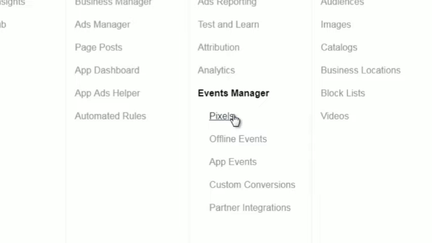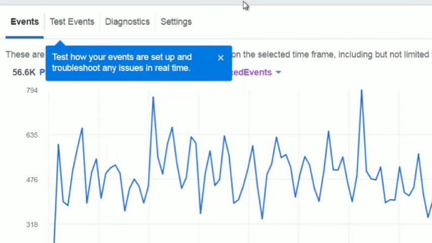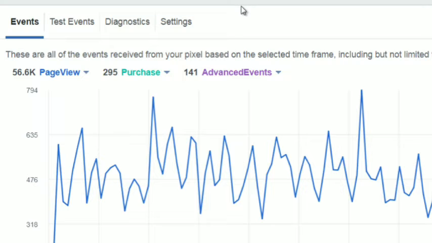So just keep that in mind. So what you need to do is simply go to pixels right here, and then you'll land on this specific page. Now, as I briefly mentioned earlier, a Facebook pixel is merely a piece of code that you put on